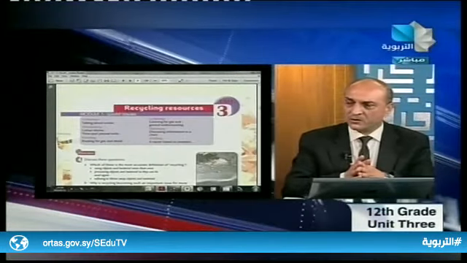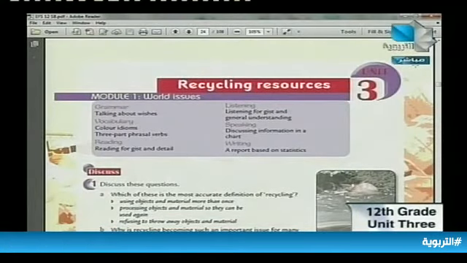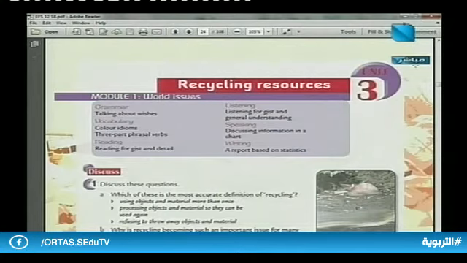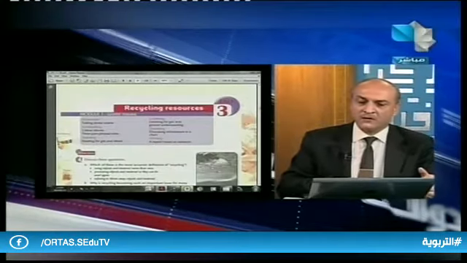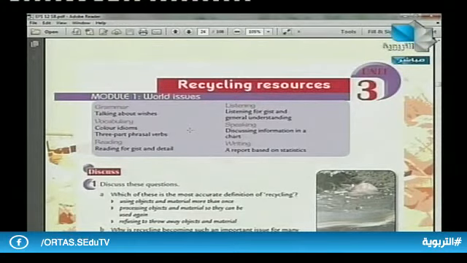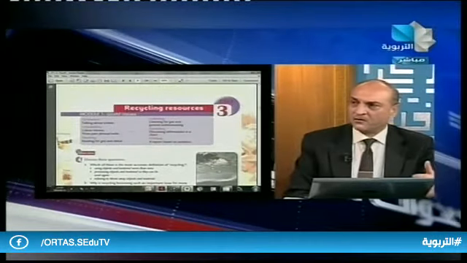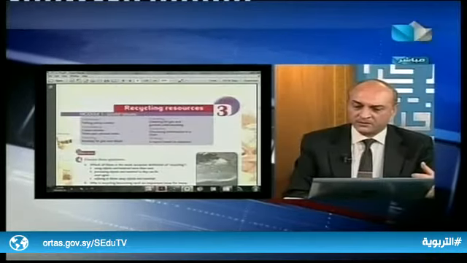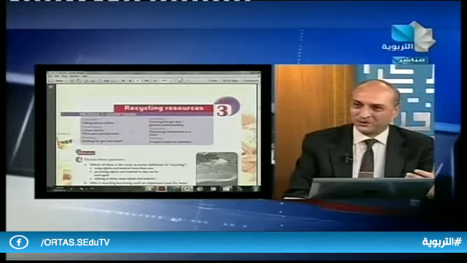Now, dear students, dear colleagues, it's time to talk about Unit 3, I mean the contents of Unit 3 in the student's book. You can use the laptop if you like. When we talk about grammar, we talked about wish, or talking about wishes. In the vocabulary, as you can see at the top of the page in Unit 3, the students are going to learn some color idioms and some 3-part phrasal verbs. We also have some reading texts, especially in the activity book. We are going to talk about this later, maybe after the break.